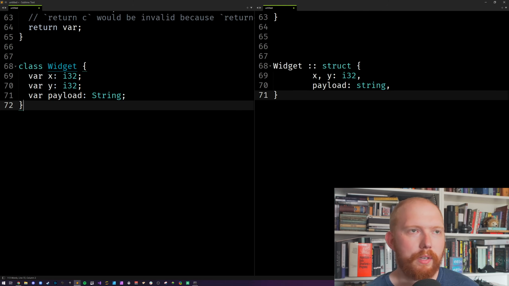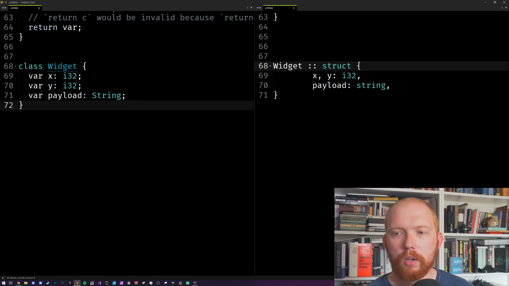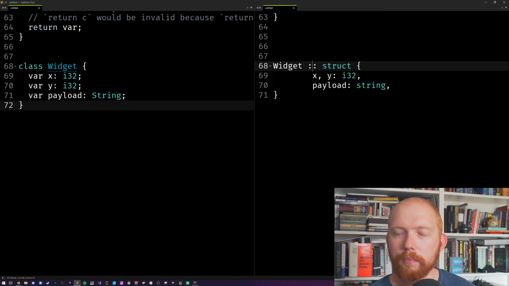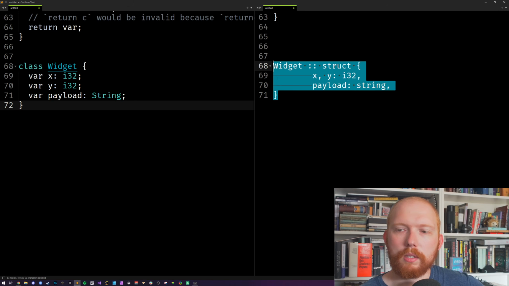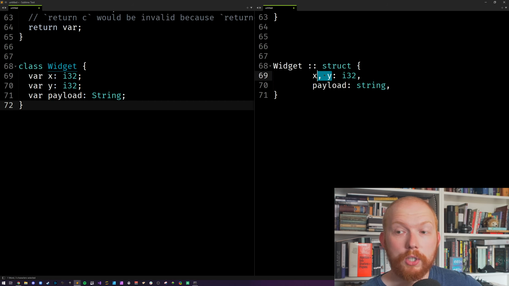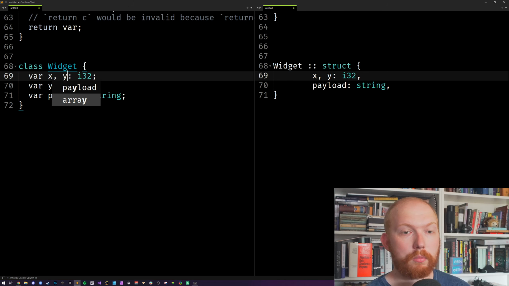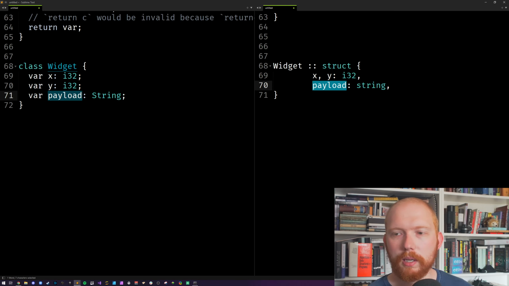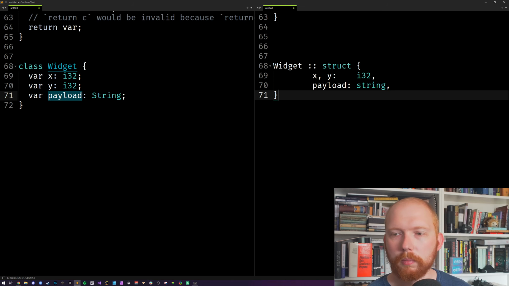No methods, nothing fancy. And this is just a constant declaration, so this is a widget, and we're declaring it, and technically you could always put the type in there. It's a type, but whatever. And then struct in there. But yeah, this is the way you'd see it. We've got an X and Y, which can share a field. I don't know if it's possible to do that in there, but I doubt it is because it doesn't have multiple return values. So I don't think it would work with their syntax. And then they have a payload, it's fine, whatever. And we'll line it up there to make it simpler.